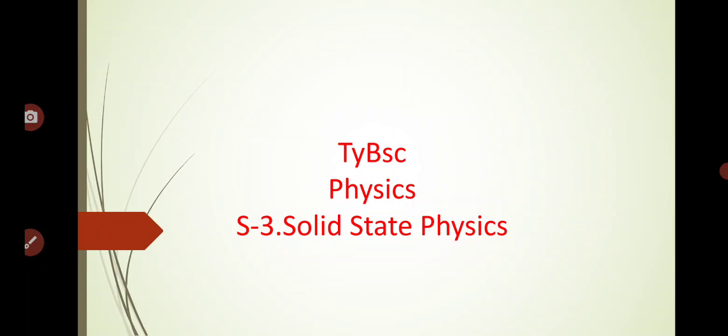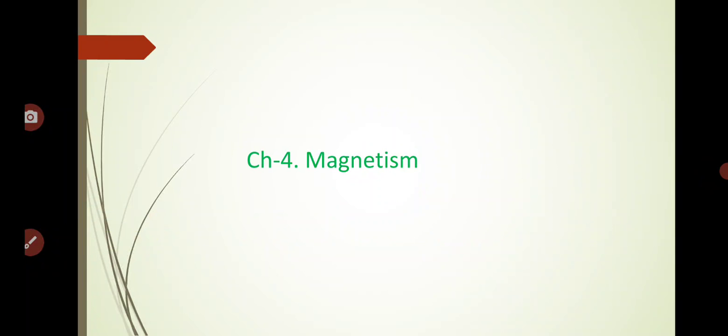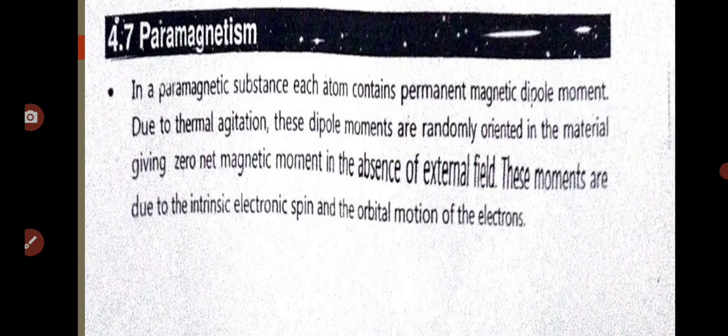We have to see here our subject is solid state physics, and we want to continue the fourth chapter, which is magnetism. In this chapter, in the last two to three lectures, we discussed the study of magnetism, what is meant by the magnetization vector, what is meant by susceptibility, and what is the condition of diamagnetism, paramagnetism and ferromagnetism, for a substance which is placed in an external magnetic field.